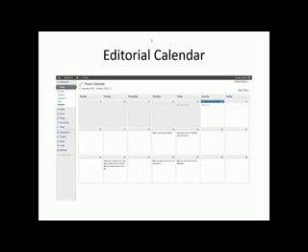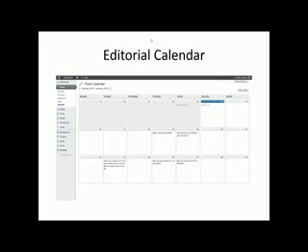For me, it allows me to think about my blog on a weekly, monthly, and quarterly basis, and then come back and revisit it year over year. I use my editorial calendar to decide on focus themes for the month or week, key topics that I'm going to write, plan out when I'll write and what I'll write about, and also keep track of details like what categories and what tags I'm going to use for each post and how I'm going to promote that post on social media. The calendar is your space to get organized. It's your time to commit to a schedule and to keep yourself accountable.